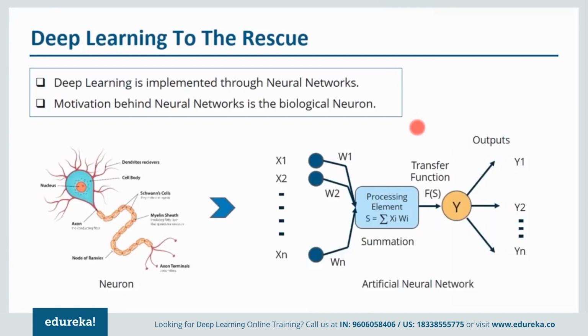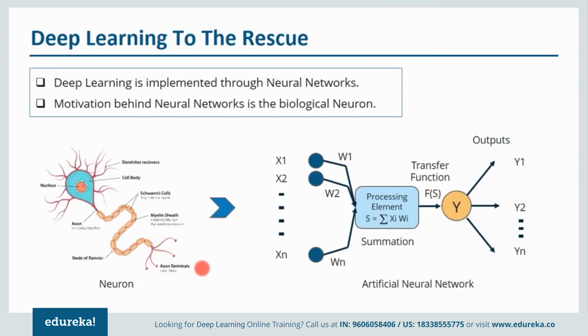Deep learning is implemented with the help of neural networks, and the motivation behind neural networks is neurons. What are neurons? These are nothing but your brain cells. Here is a diagram of a neuron. We have dendrites here, which are used to provide input to our neuron. As you can see, we have multiple dendrites, so that many inputs will be provided to our neuron. This is called the cell body, and inside the cell body we have a nucleus which performs some function. After that, the output will travel through the axon towards the axon terminals, and then this neuron will fire this output towards the next neuron.